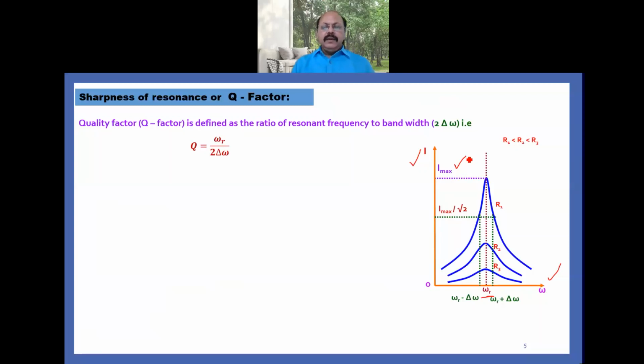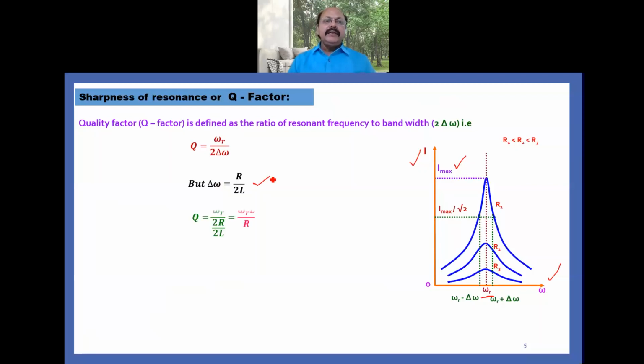and this omega r is the angular resonant frequency and 2 delta omega is the bandwidth, that is the frequency range, and delta omega is equal to R upon 2L. And this formula you directly learn, because its derivation is not in the syllabus. So that's why you have to put this value directly in the above equation.